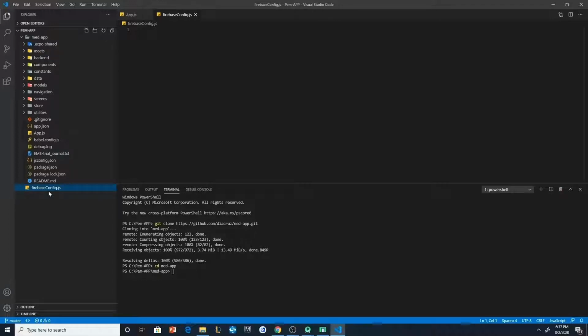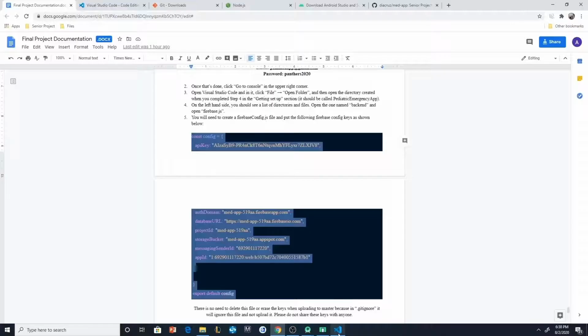Now if you go to the documentation again, you have to add the API keys from the server. You should copy this and put it within that file that we just created. Save the project,